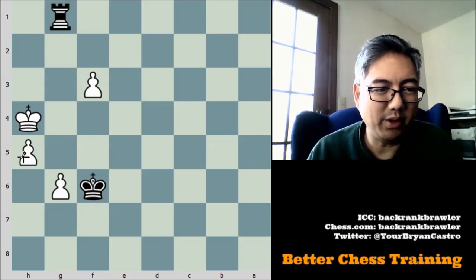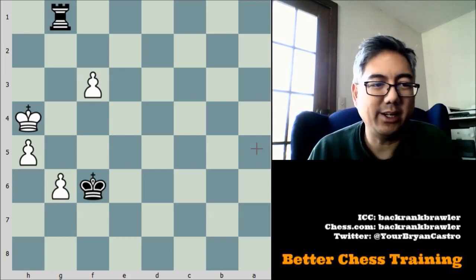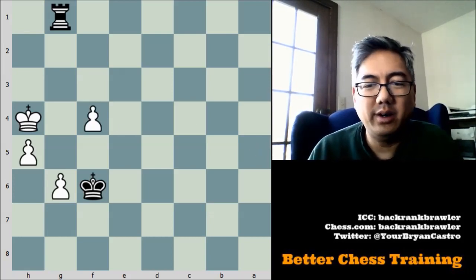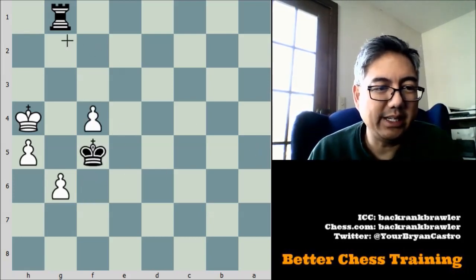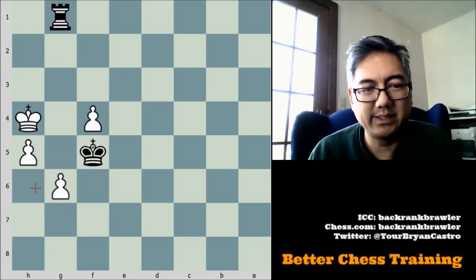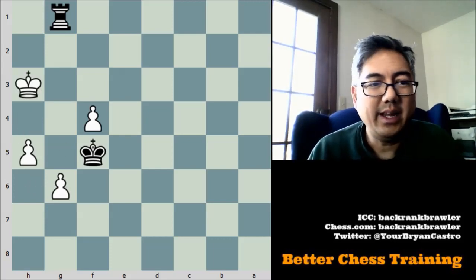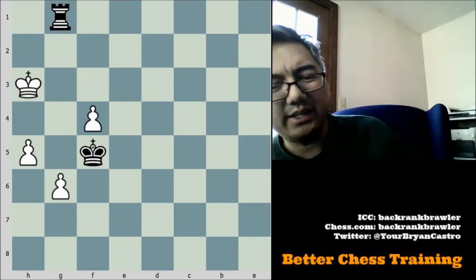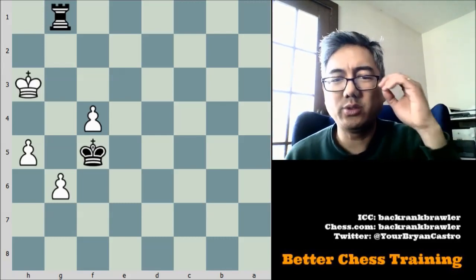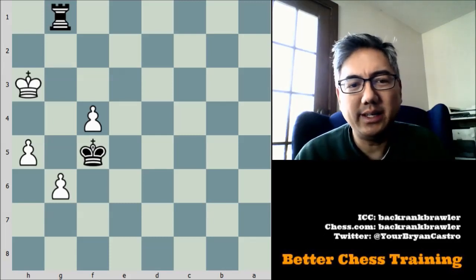Any advance of these pawns, the pawns will get taken. And of course, this pawn is too far behind to help out. After f4, play king to f5. Of course, he cannot advance either of these pawns, and his king is cut off. King to h3, and this is actually a position where some knowledge of the endgame is important, because at this